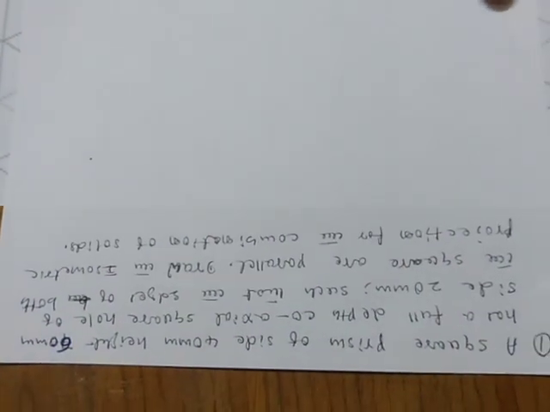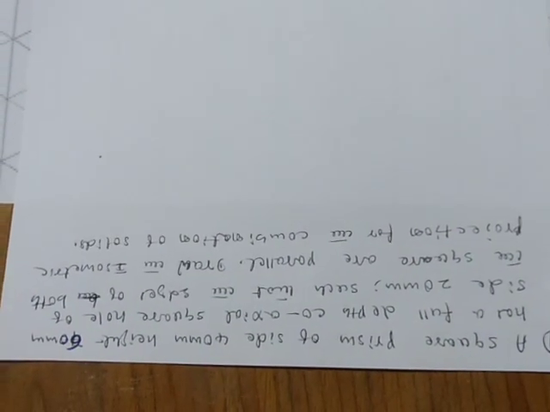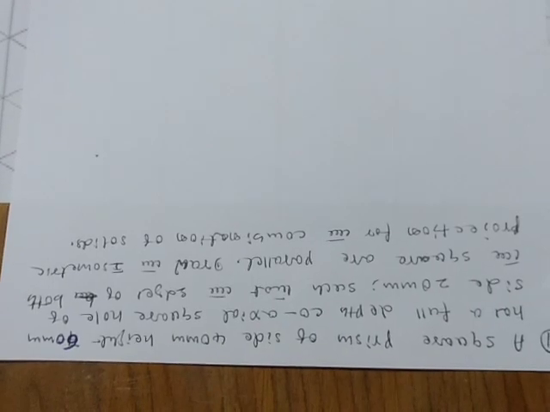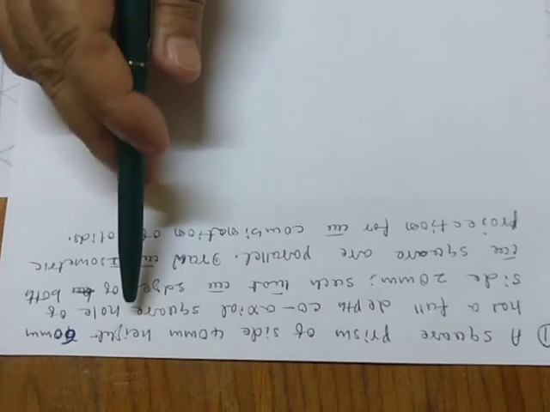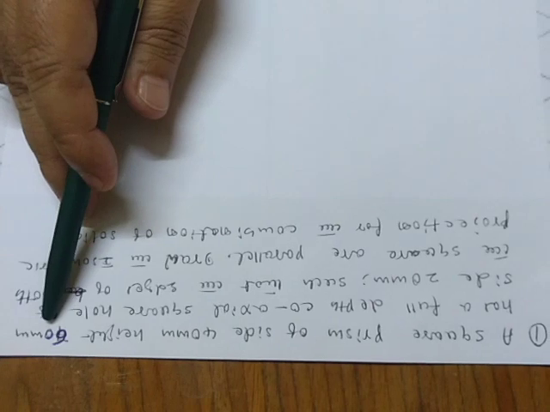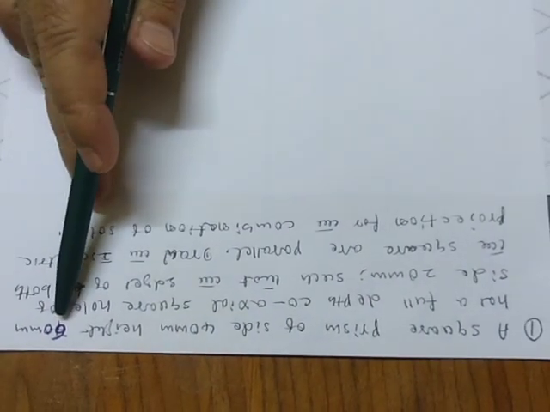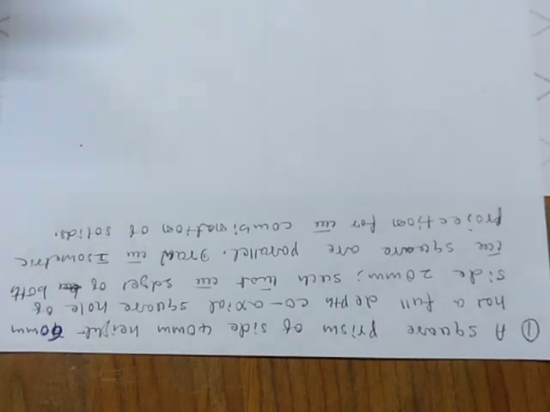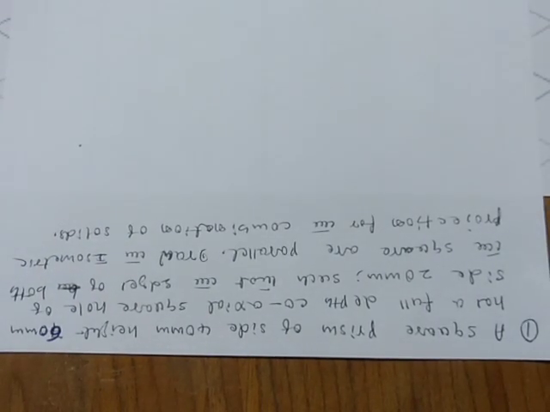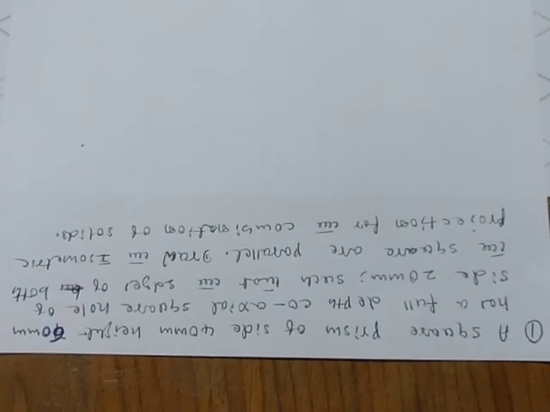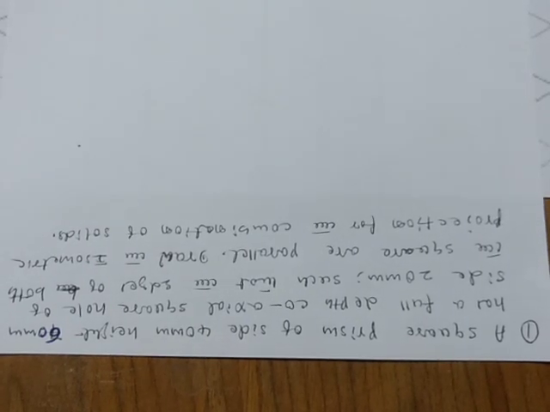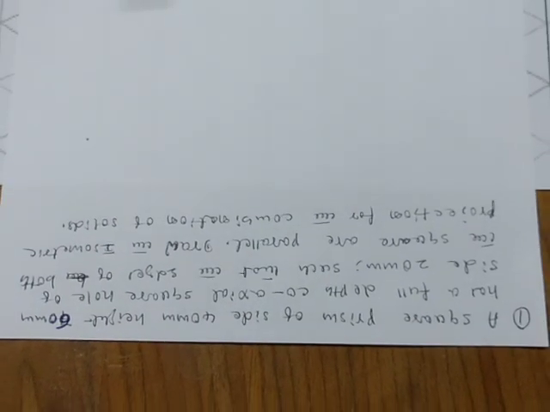Same problem I have solved in today's morning class, in my regular class. Here I am taking height as 60, whereas in the classroom in the morning I solved the problem by taking height equal to 70. Both are one and the same thing. If you are in a position to take 70 height, then you can take 60, 50, 40, whatever it may be. It is very easy, right?